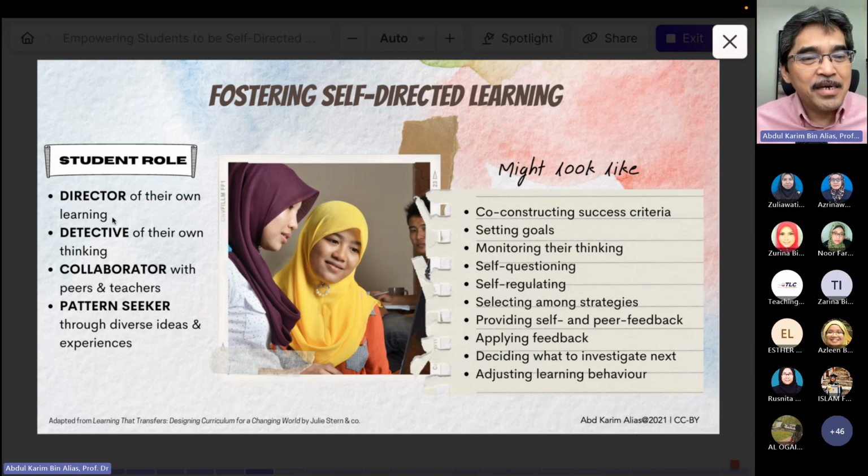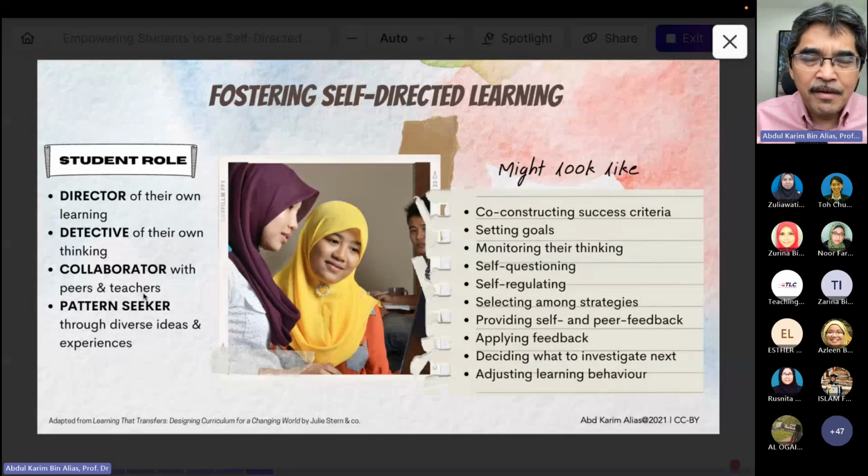Okay. And okay, a student role: director of their own learning, detective of their own thinking, collaborator with peers and teachers. These are independent, self-directed learners. They're always willing and looking forward to work together. They feel that they need this social environment, social interaction. That's where they become very lively. They feel so excited because